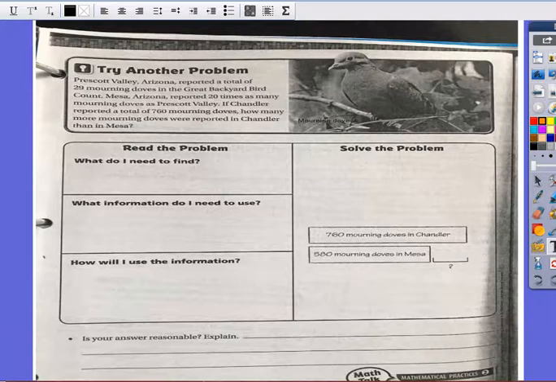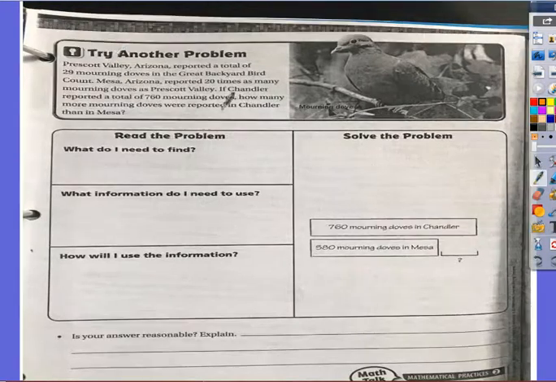Prescott Valley, Arizona reported a total of 29 mourning doves in the Great Backyard Bird Count. Mesa, Arizona reported 20 times as many mourning doves as Prescott Valley. If Chandler reported a total of 760 mourning doves, how many more mourning doves were reported in Chandler than in Mesa? Okay, so first of all, I'm going to go back here and circle the information that